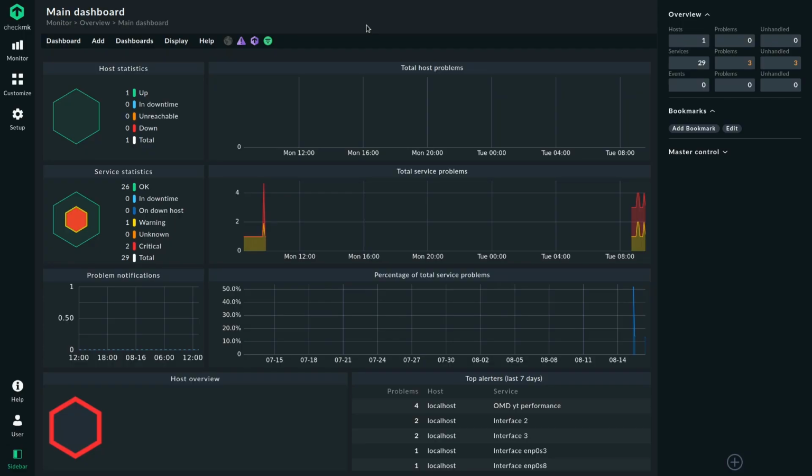Okay, so to quickly summarize what we are going to do, we are going to create a rule that configures the Docker plugin. Then we will bake and update the agents, so our Docker host gets the updated agent with the right configuration. We need to do one more manual step on the Docker host, a little installation. And as a last optional add-on, we will use the DCD, which is an enterprise feature and also available in our free edition, to automatically create the Docker containers as hosts in CheckMK. So let's take a look how that works.